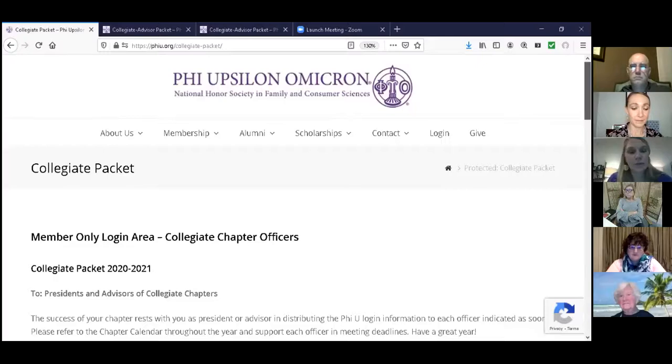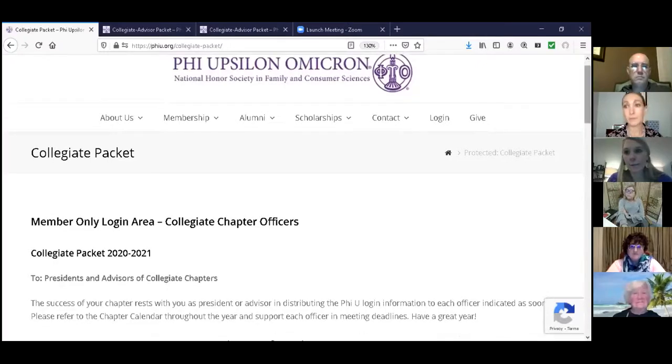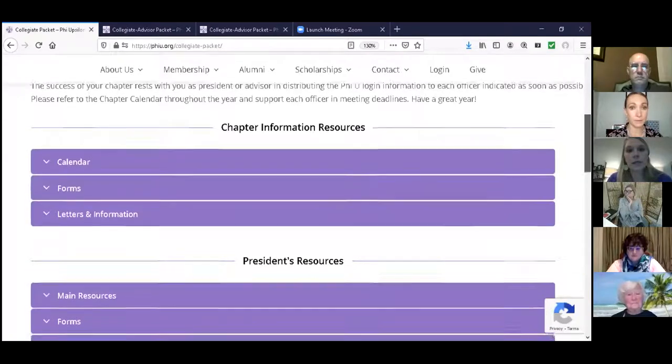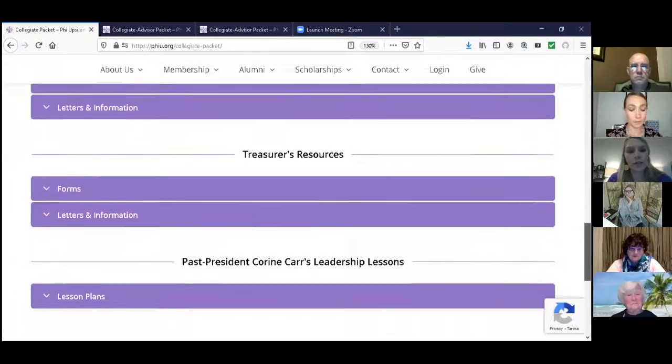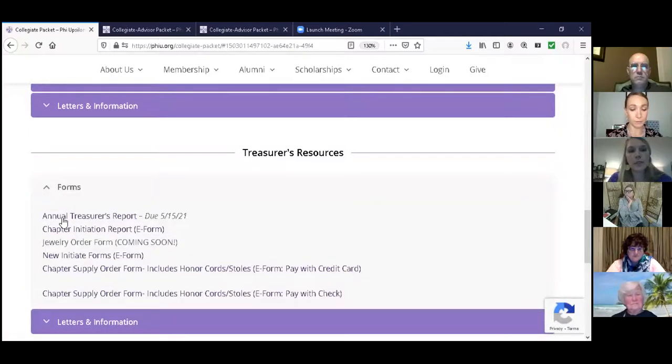Okay, can you see the collegiate packet on your screen now? Yes. Perfect. So if you go on down to the treasurer's resources and forms, you will see the new initiate forms and the chapter initiation report. So I am so appreciative of our advisors and our chapters have done such a good job of keeping all their materials over the years, but we do still get some handwritten forms in. So we really want to strongly encourage everyone to switch to the e-forms and submit your new members this way. So if you click on new initiate forms,